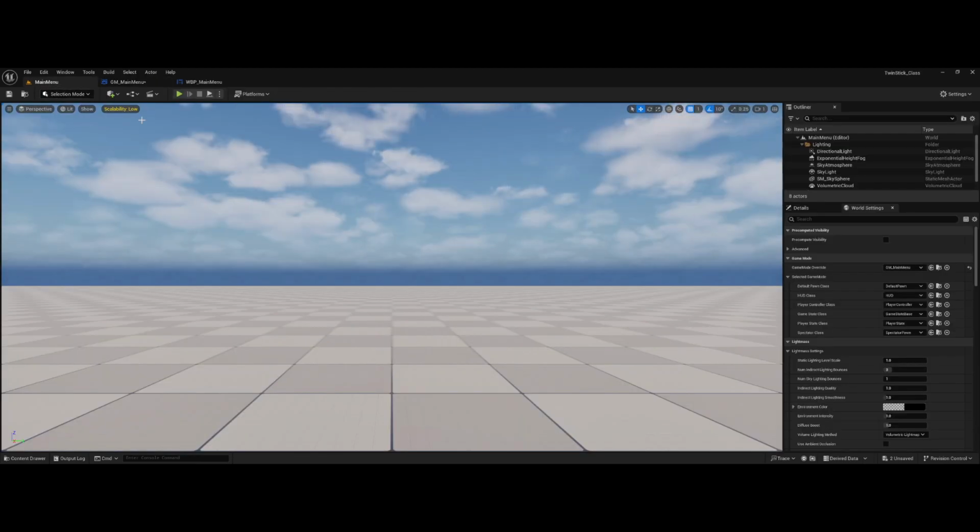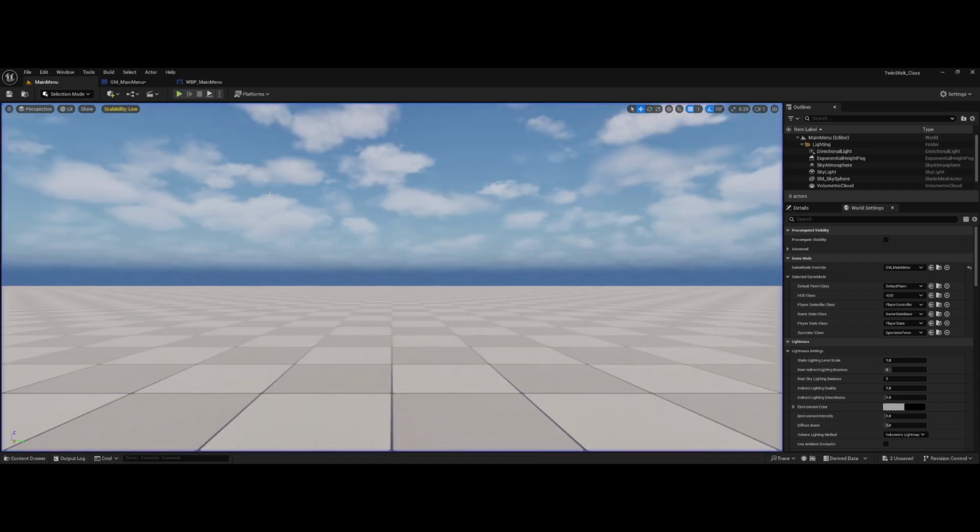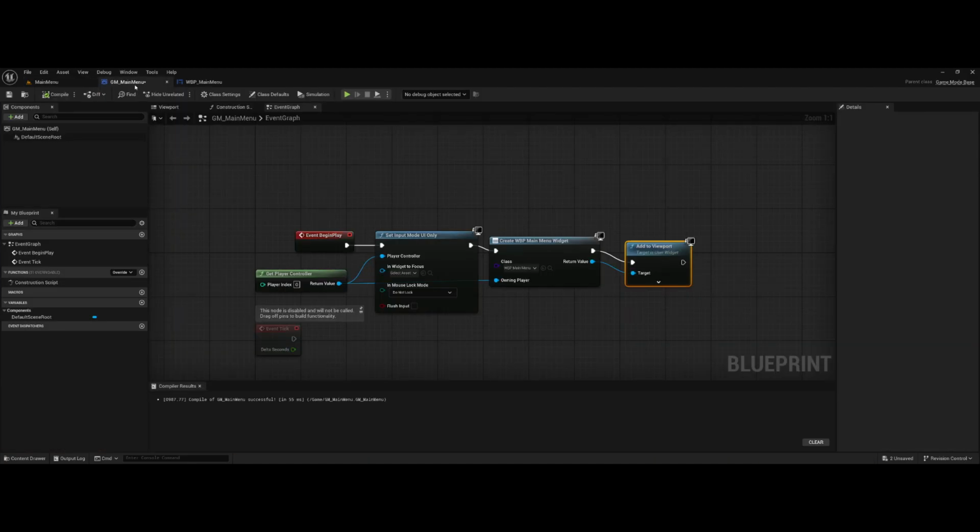If we come back here and we hit play, we have a working main menu. Well, it doesn't work, but we have a main menu that shows up. I can click the buttons and you can see the start game button. It's blue. I hover over it, it's pink. When I click, it turns yellow. So you guys can customize those colors as well. Now let's just add the functionality we need for this,